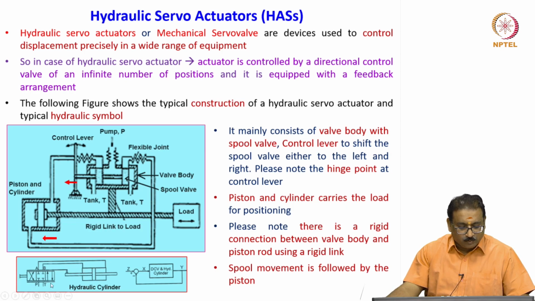It is precisely controlled. I have shown you here the double rod cylinder. But the main objective is here: if you give the Z input to this, it will result in the port opening, correct? Port opening X. Then what happens? It will go from the direction control valve to the actuator. Then after moving, it will feed back, as I have told you, it is the mechanical feedback. Both will match. Please understand how the closed loop is achieved in the mechanical servo valve.